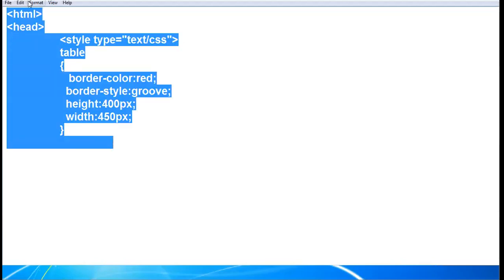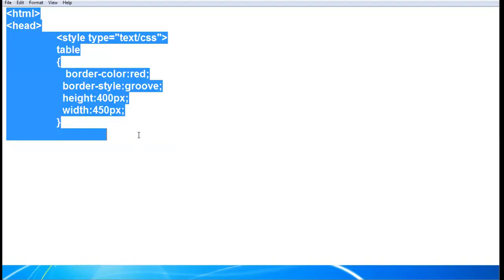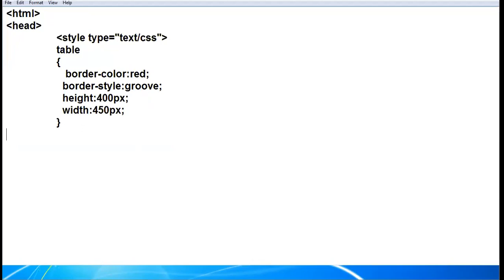I just reduce the size so that you can see the coding clearly. Now I apply the properties on the tr tag. Clear?